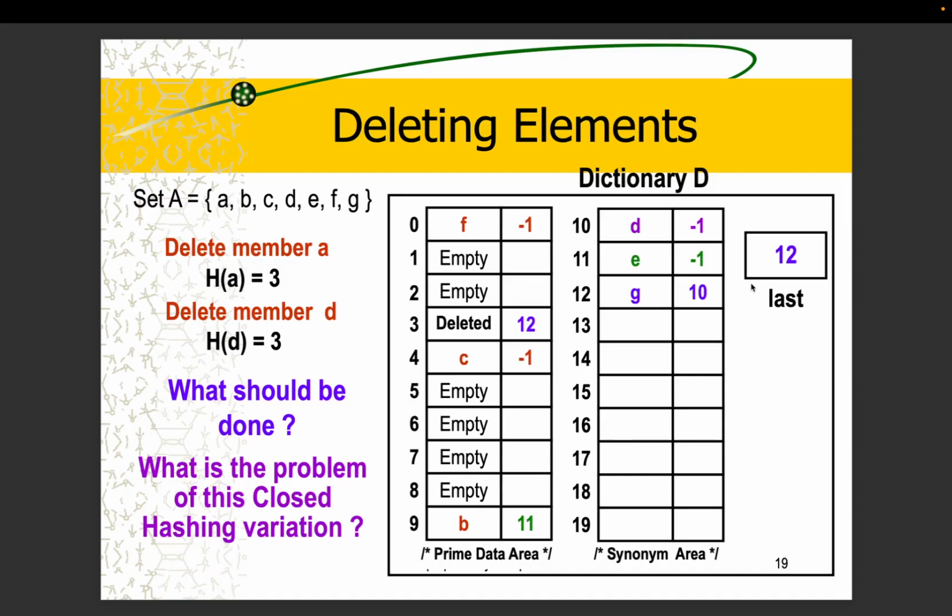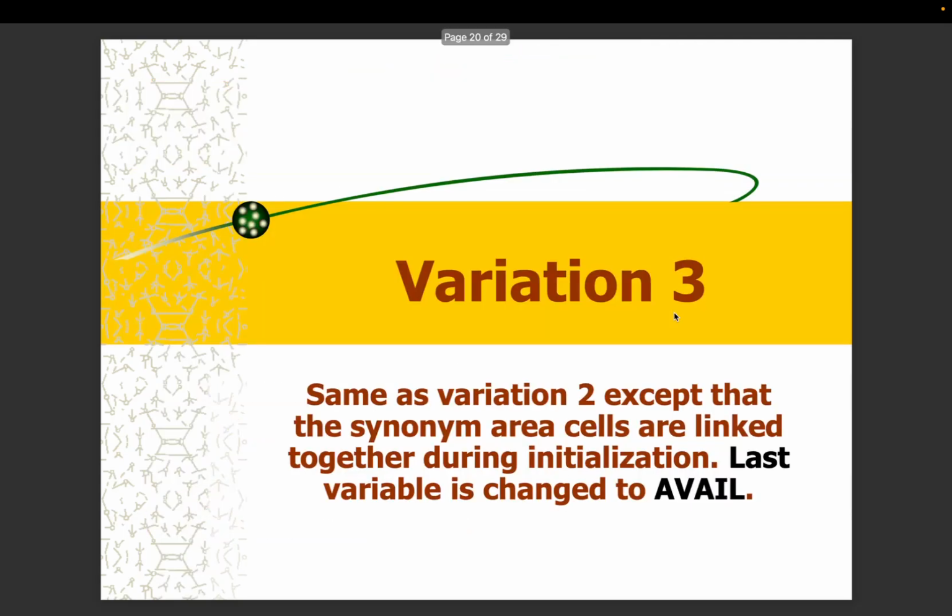Okay, what if the last pointer moved over here? Let's say my last became 10, or 9 rather. When I insert here, I would technically delete these elements moving forward, because the next time I insert, they would think that the last is at 10, so it inserts at 11, and so on. So it doesn't work. So what does variation 3 do?